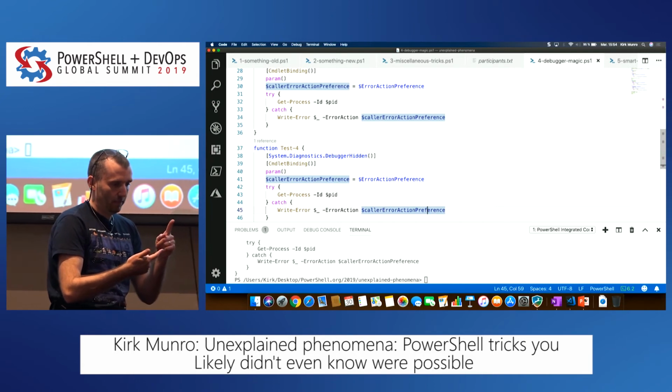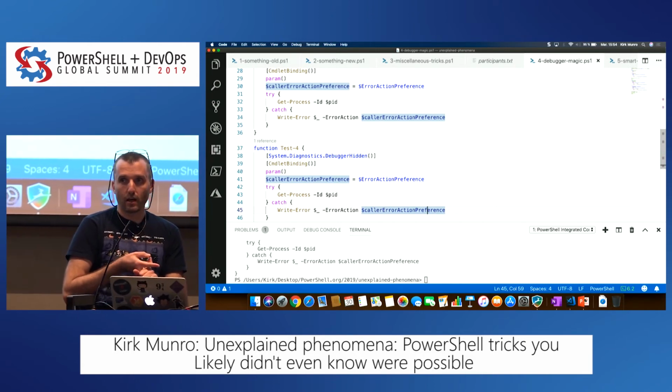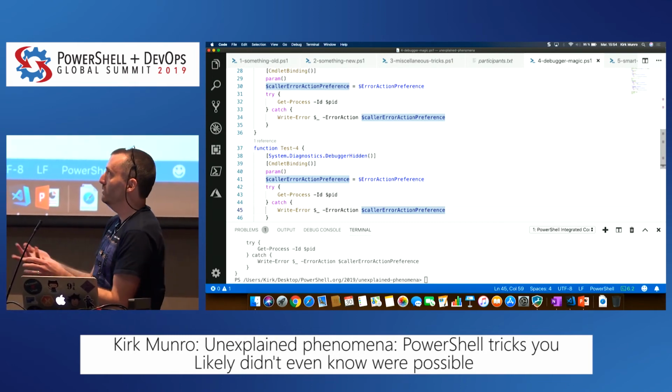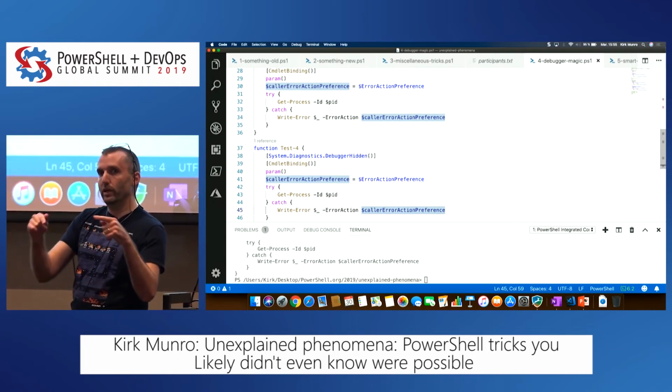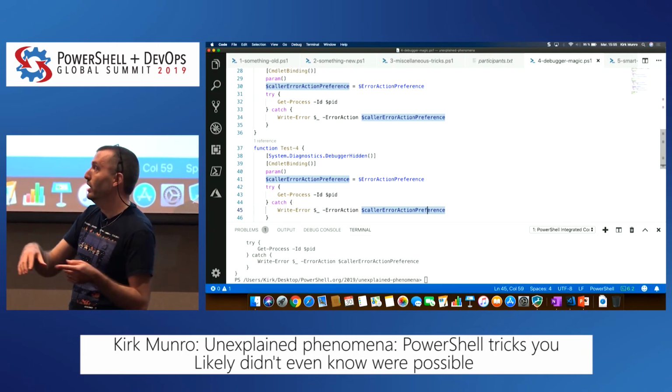Because I want the same experience for error messages. I also want the same experience for it being a black box. I don't want you to step through my code unless you really want to. I mean, you can if you want to. My code is open source. But generally speaking, if you're running my stuff, you probably don't want to step through my code. You want to step through your code and figure out what's going on.